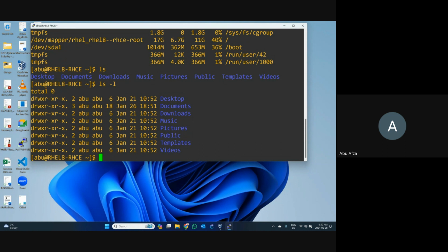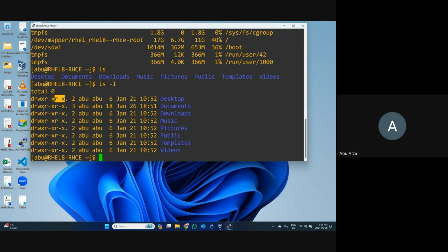Another thing, the first 3 digits work for the user purpose. The second 3 digits work for the group purpose. And the last 3 digits are used for the others purpose. What is that? When we do another class, in that class I will discuss the file permission. I will discuss all the portions: what it is and how to change it.